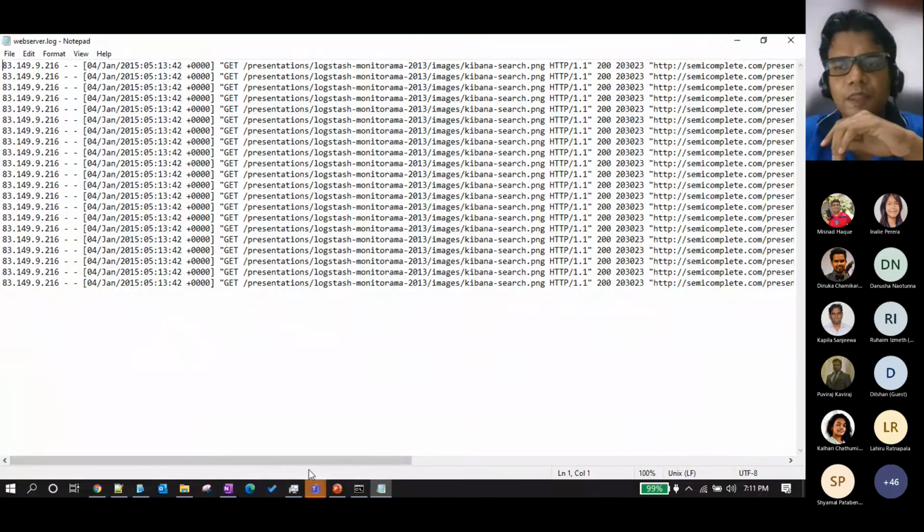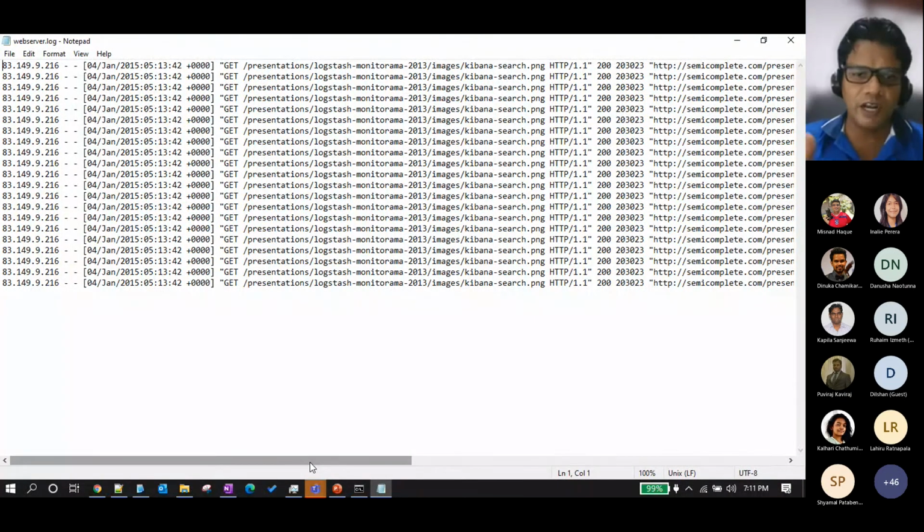Standard in the sense that when a developer is developing the log file, it can be the Apache log file or the WebLogic log file, the person should have an understanding of what to put in the log file, because Logstash will do the filtration on the log file and put it into Elasticsearch, and we can view it.